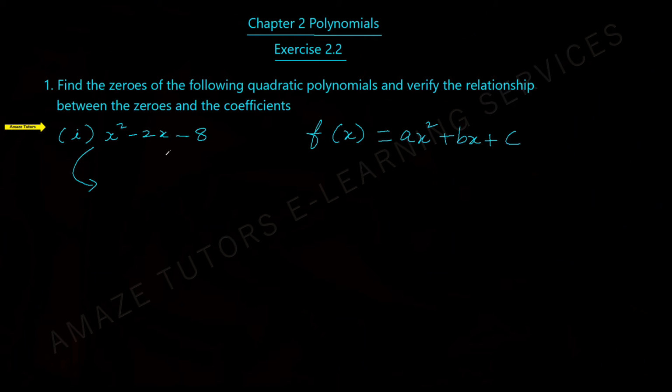To factorize this, what is the very first step? Take the middle term. So find out the two terms whose sum is negative 2x and whose product is, multiply these two, minus 8x squared. I hope you remember this process. Take the middle term. You need to split the middle terms as two terms whose sum is negative 2x and whose product is negative 8x squared. Think about those two terms.